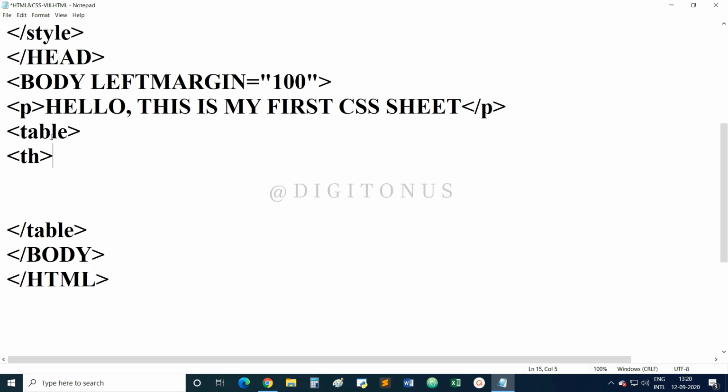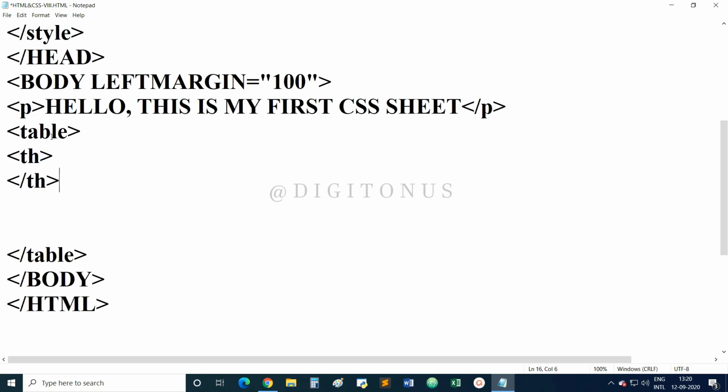It means that we are making a row with the heading part. Again, when I have opened this TH, I have also closed it. Now inside the TH we will create the columns in the first row.